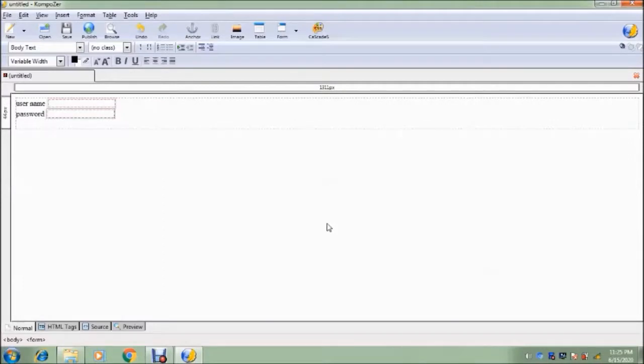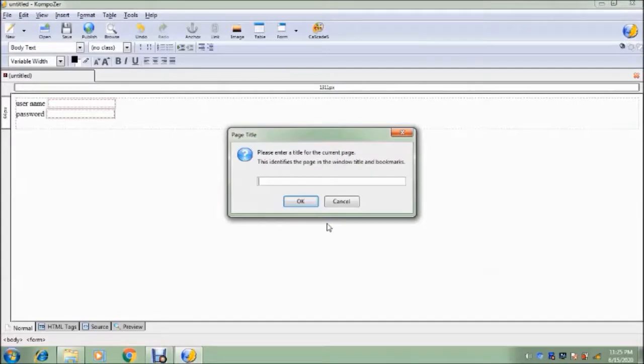Now friends, we can insert another radio button, but before that it is usual practice to save the file. Okay, then press Ctrl S. As and when you press Ctrl S to save the file, first it will ask for the page title. Okay, whatever you want to display in the title, any name you can give, no problem.